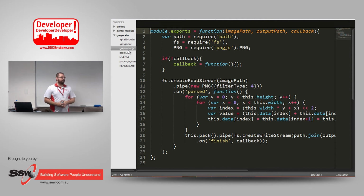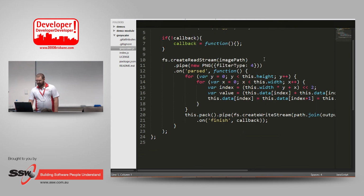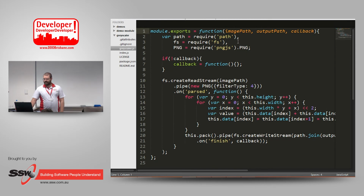I ran a Windows machine. I just coded away the way I wanted to create a grayscale image. I pushed it up, everyone used it, and there was no problem with it. I also wanted to make it usable from the command line because it exposes it to a lot more people. So if people want to use it, they can. So I won't necessarily go into that. It's not too difficult. But this is just a function that takes a path to an image, which is a PNG at the moment, takes a path to spit it out, and then fires a callback. That's it. So there's the inputs to the function. It uses another module which somebody else has written called PNG.js, which...